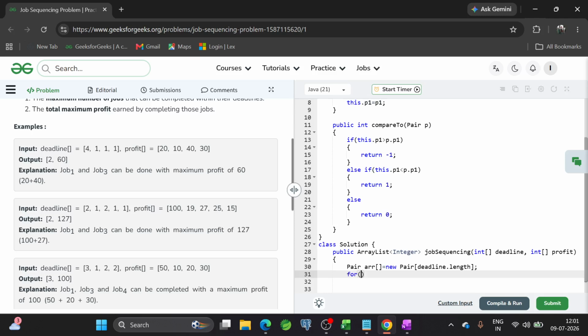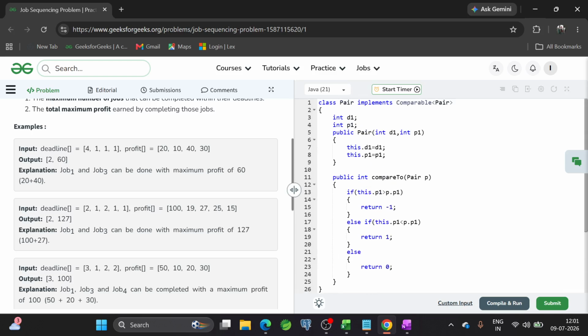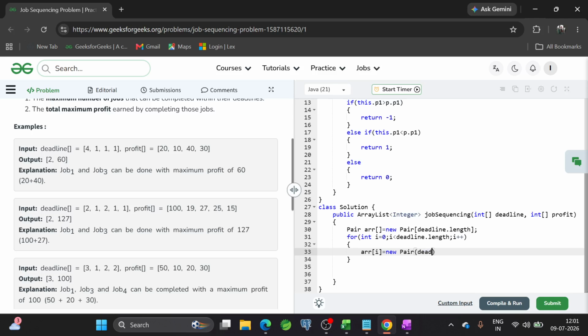Then I will start a for loop, int i equal to 0, i less than deadline.length, then i plus plus, then arr of i equal to new pair of, first I will take deadline, the deadline of i, comma, profit of i.